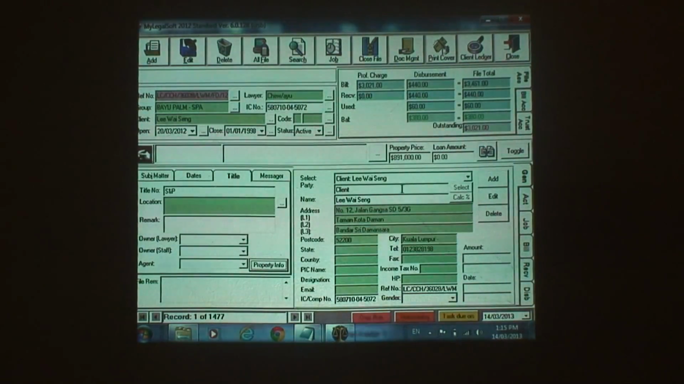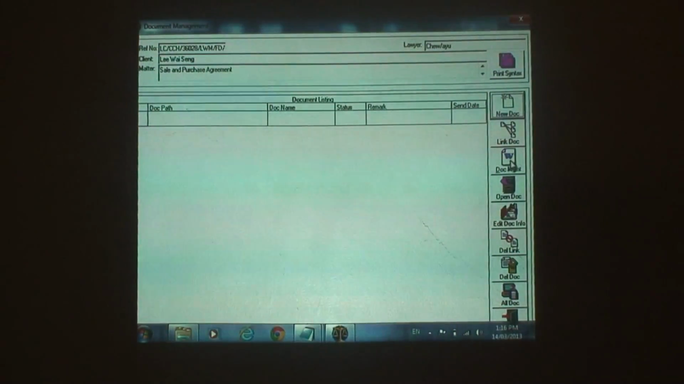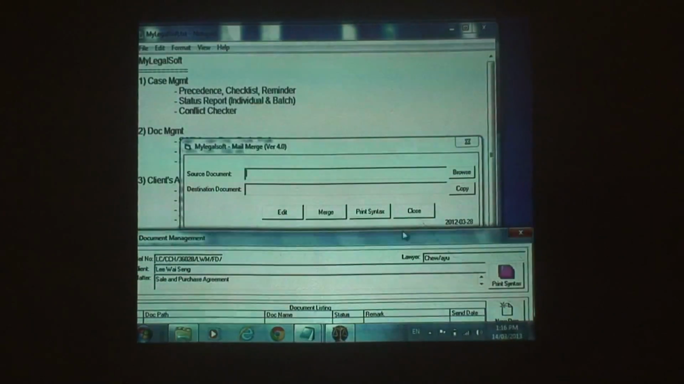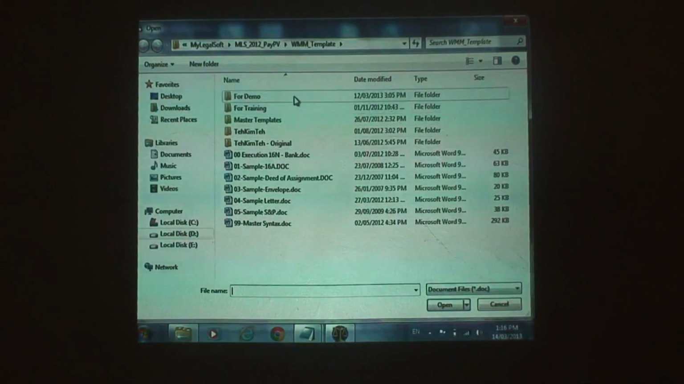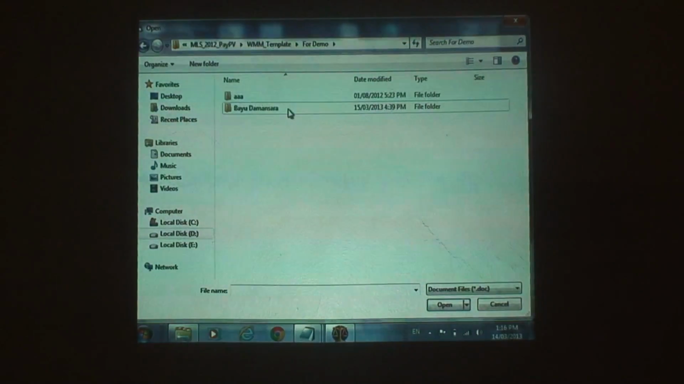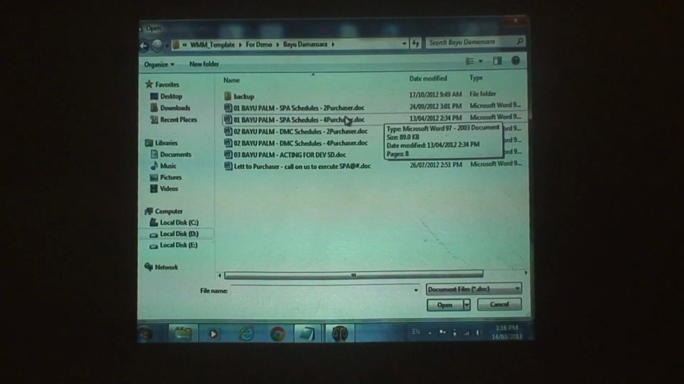So the way is actually very simple. This is also a Bayou Palm SPA file, and the purchaser is called Li Wai Sing. So what we do is we click the document management and click the document management again. So we browse for a template that we previously set. Bayou Sarah,